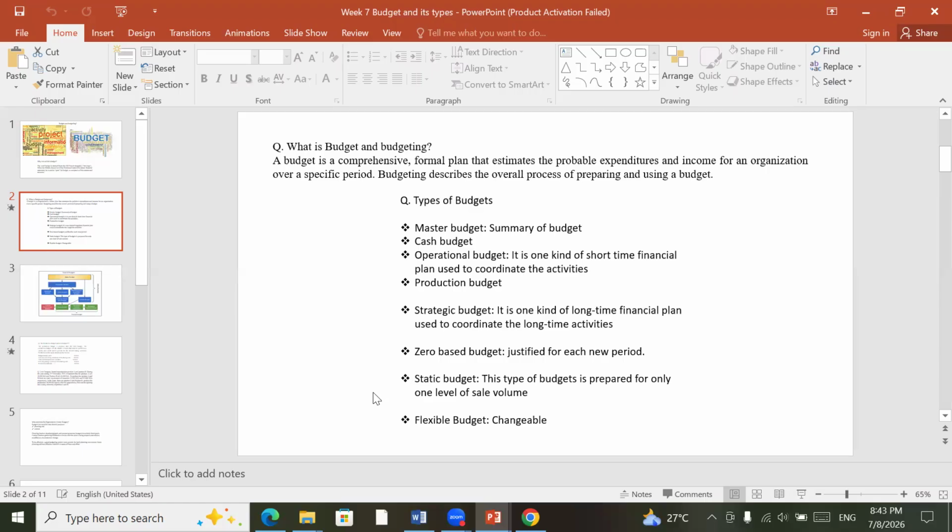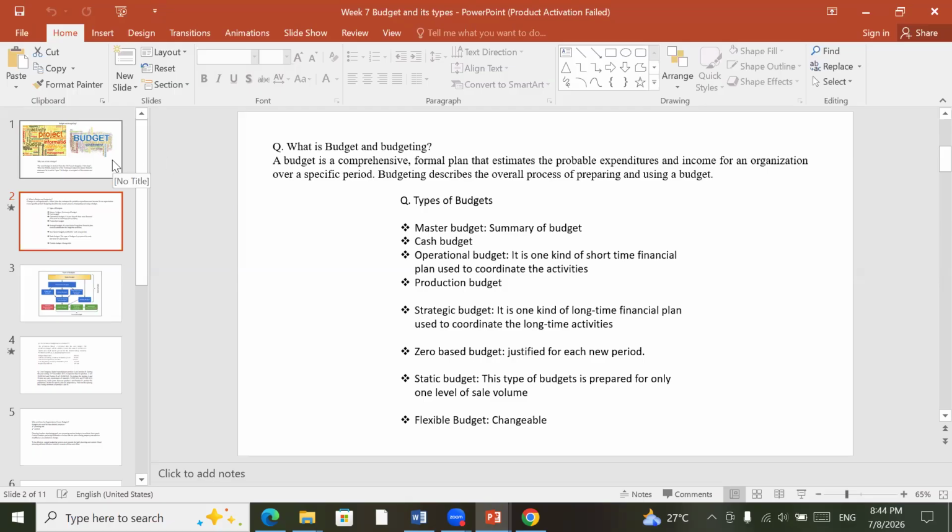Static budget actually has no flexibility, it is very rigid. There is no chance to change anything in an emergency condition. Fixed budget, okay, no chance to change. And flexible budget is a sensible budget. Flexible budget depends on your decision, your circumstance, situation, condition, and your thinking; your plan will be sensible. So the sensible position is called a flexible budget. So there are some common types of budget I tried to show here.